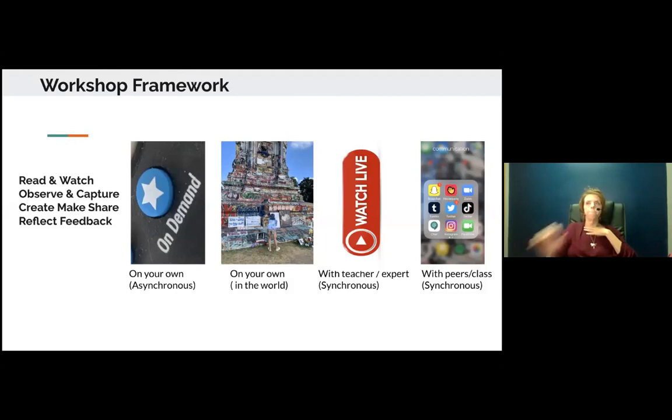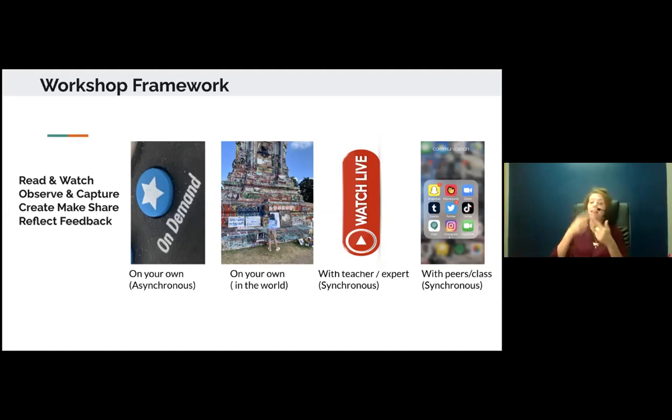Where is there research? Can they watch a video on YouTube or an article they need to read? And then observe and capture is a process where you're giving them prompts and a sketchbook to go out in the community and jot things down, or to walk a normal path they do in their neighborhood and record sounds with their phone or a device. And then the third step is making something. So putting a project together that's building and scaffolding on what you are observing and capturing, and then sharing that.